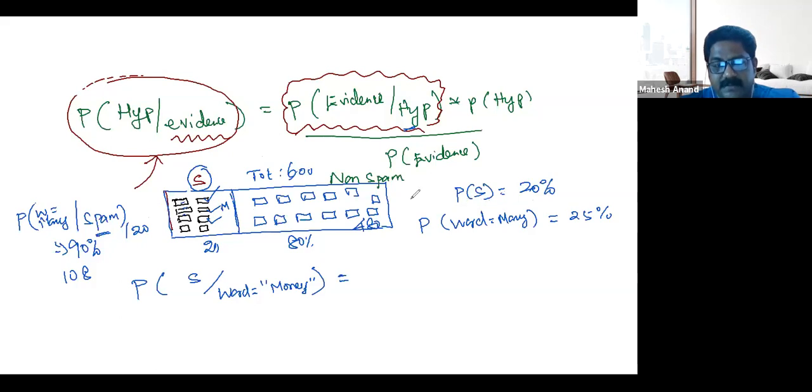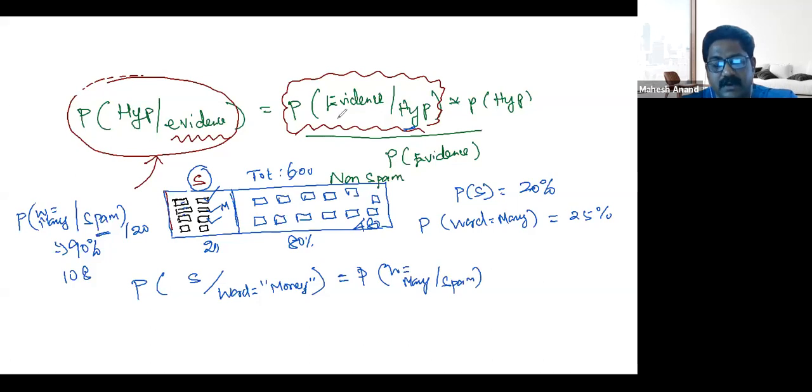The probability of spam: overall, 20% of emails are spam. Out of that 20%, 90% of the emails contain the word money. So these are all measurable. The total probability of occurrence of the word money is 25%. So having this information in our hand, now we can easily relate this: the probability of the word money, given that it is already a spam,